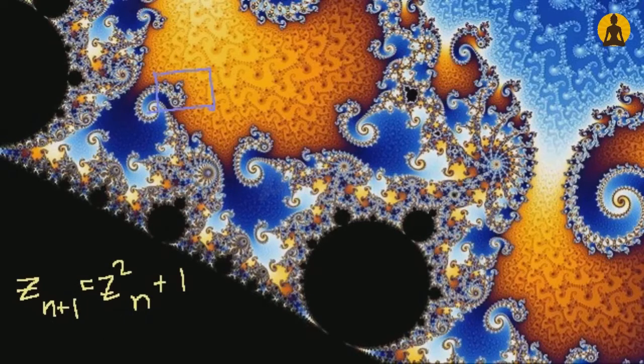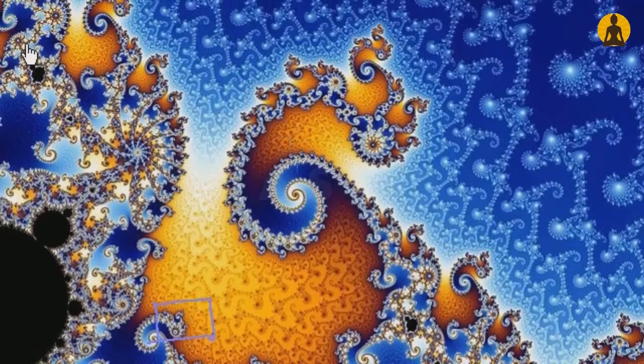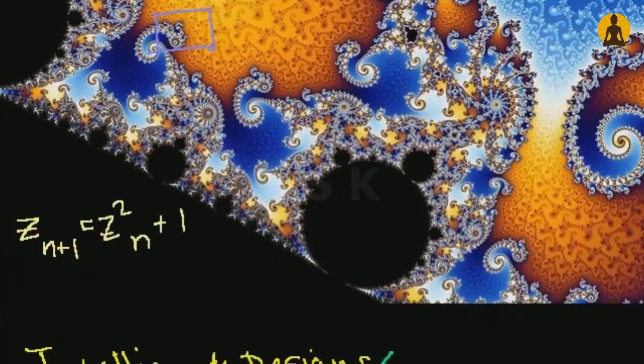And the point I'm trying to make here is that if I had two designers and one set out to go and paint this exact particular fractal and say, oh, I'm going to make this brown, and I'm going to make this blue, and I'm going to make this a circle with other circles, you would say this is an amazing painter. For example, if you were to go to someone 300 years ago and show them this, they would say that this is the finest design that anyone might have ever been able to devise because it's so infinitely complex. But now we know that this can be completely described by this simple equation, literally.